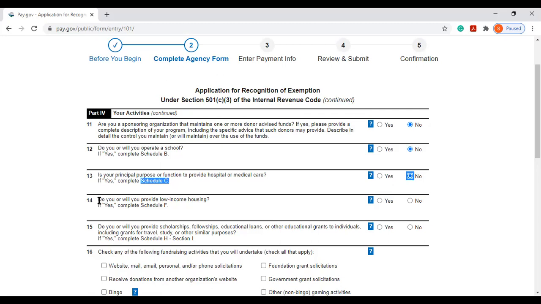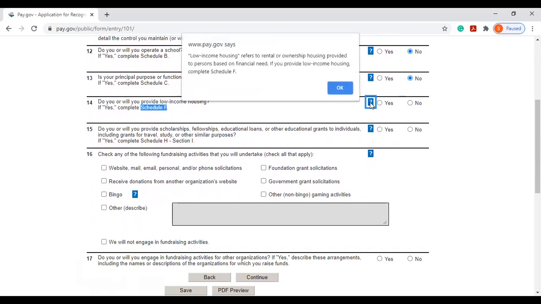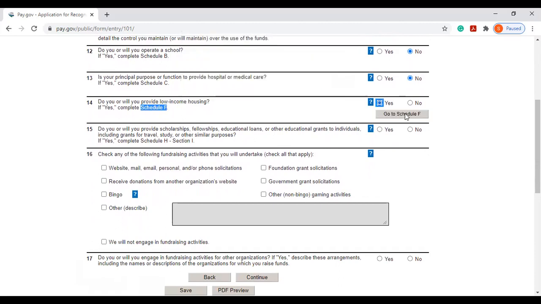Line 14, do you or will you provide low income housing? If yes, complete Schedule F. Okay. So if you're planning to offer low income housing, and a lot of people do, especially for homeless veterans, I've done that before. Click here, learn more about it, learn more about low income housing, and yes, and go to Schedule F, complete Schedule F. At the bottom of Schedule F, you'll click on a button to come back to this page, but we're going